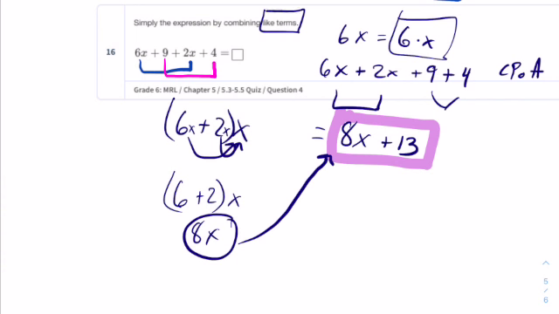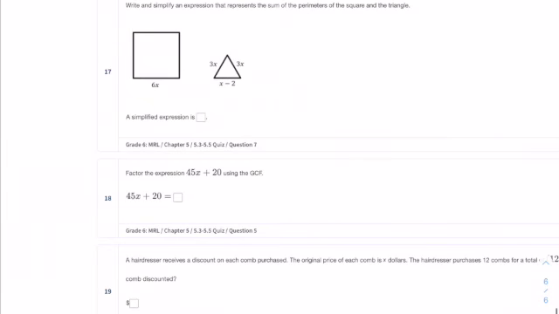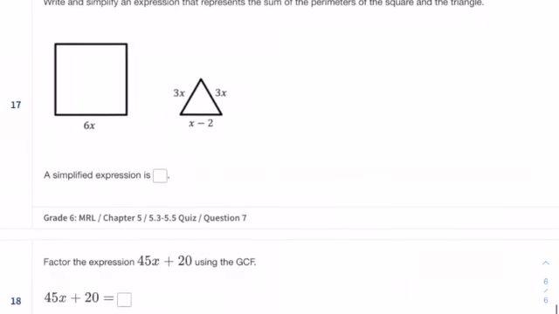Reminder, the term like terms means it's variables that are to the same exponent and the same variable. So for example, 6x and 2x are like terms because they have the same variable and they don't have an exponent. 9 and 4 are like terms because they don't have variables at all and they don't have exponents at all. Therefore, they are alike. Number 17, write and simplify an expression that represents the sum of the perimeters of the